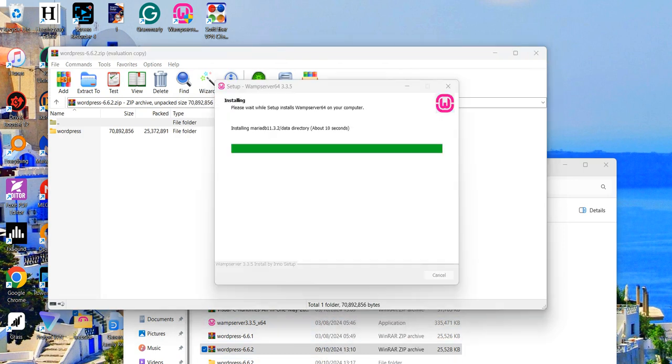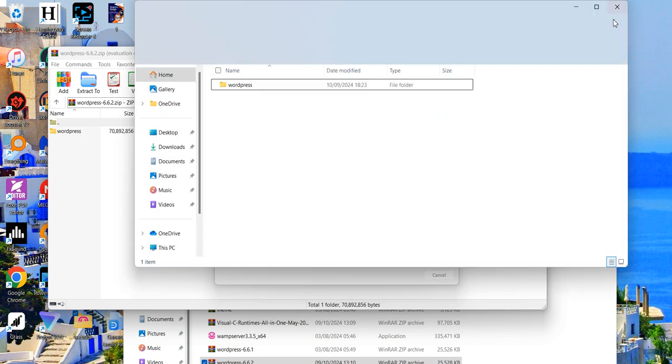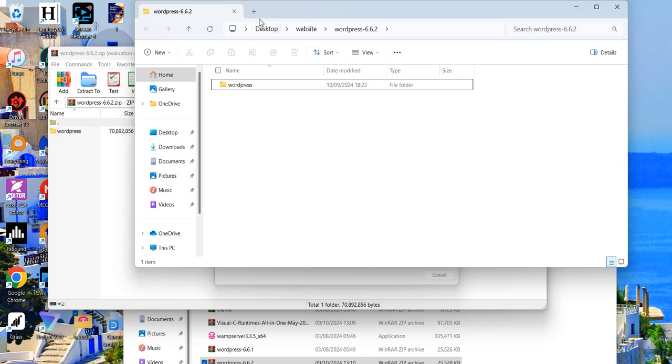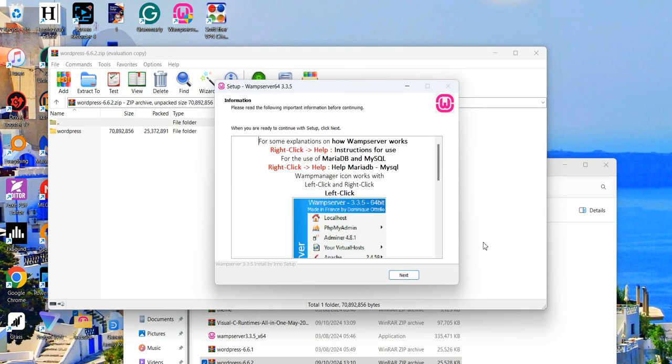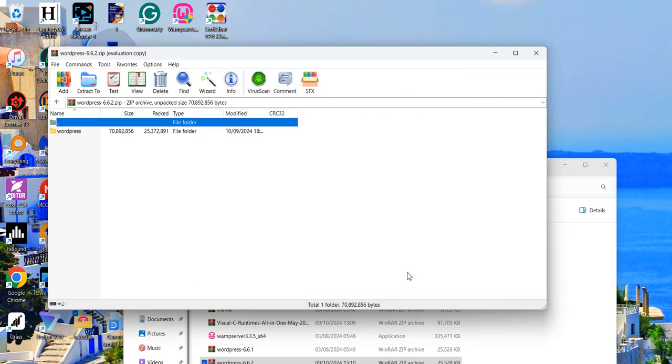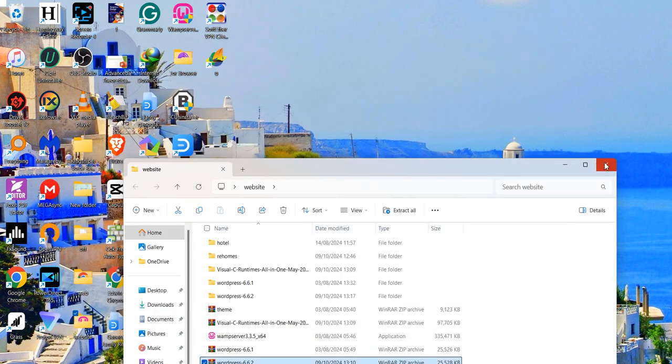Make sure that as this WAMP server is being installed. Alternatively, if you don't want to use WAMP server, you could use XAMPP, but in that case I will be using WAMP server. So it just finished the installation. Next, and then we finish. And then we have our WordPress extracted. You can see here we have WordPress